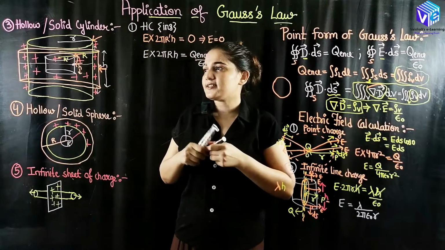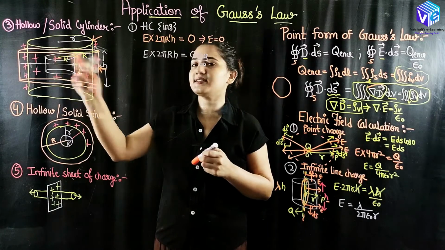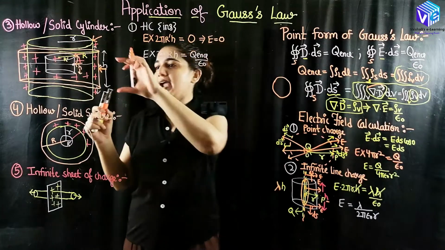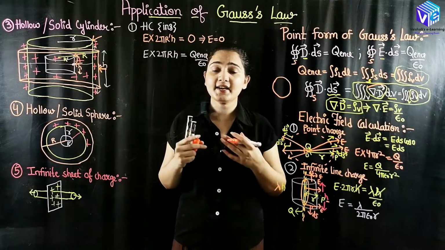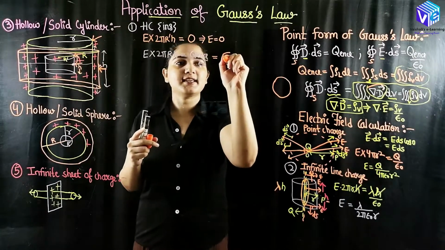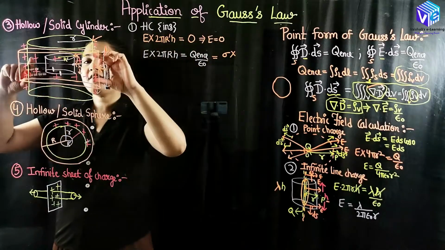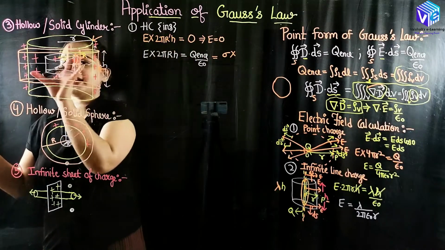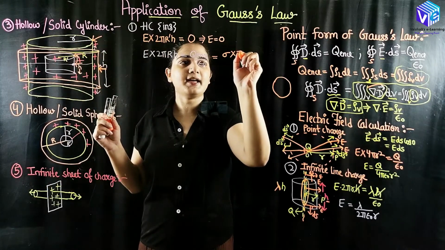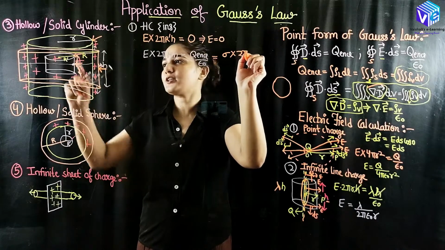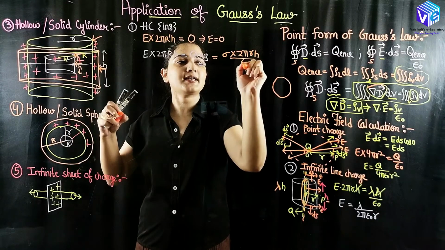If I have to represent the q enclosed, all of the charge is present on the surface of this inside sphere. Okay, so the height of the Gaussian surface I have taken to be h. The inside charge will be equal to sigma, the charge density, multiplied with the surface area of the actual sphere which is inside this height h. So the surface area is given by 2 pi, radius is r, height is h, upon epsilon naught.